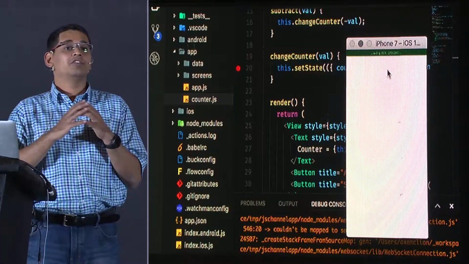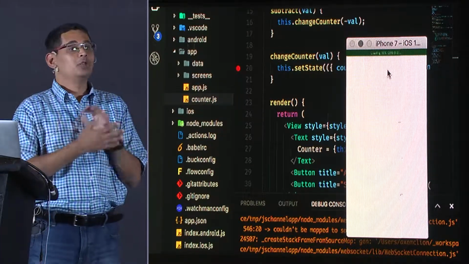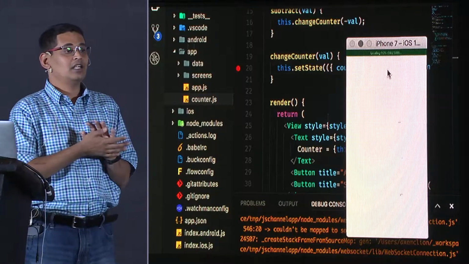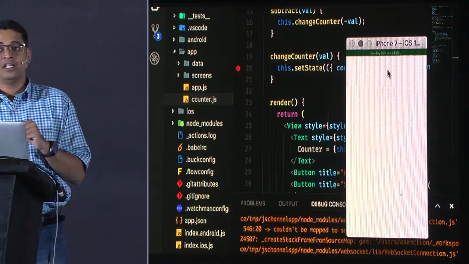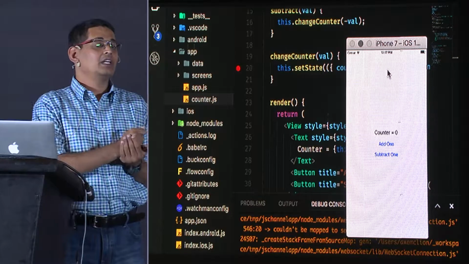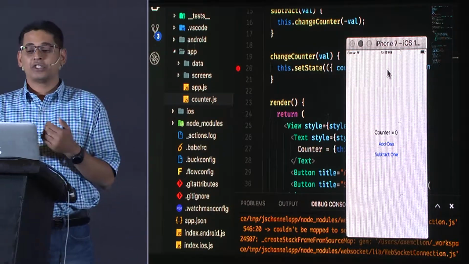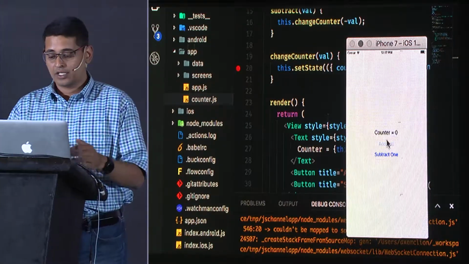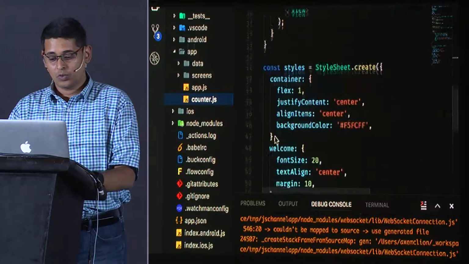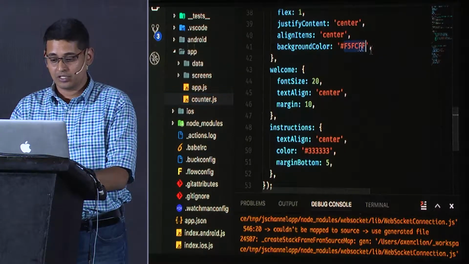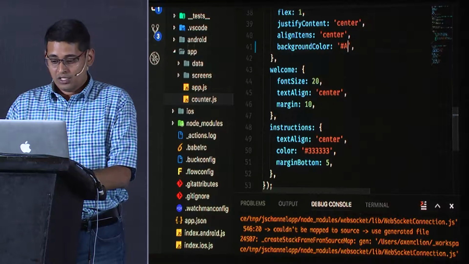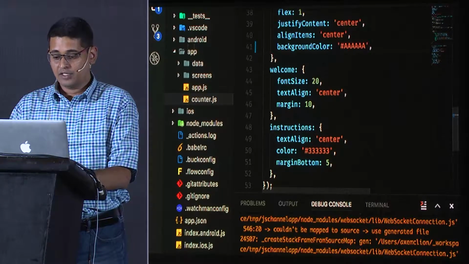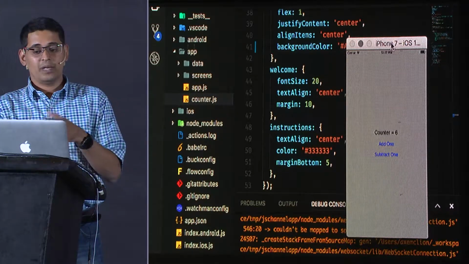But here's what I'm going to be able to do. Without even changing my application, I will be able to change colors and styles and all of that without having to reset my state. And that's something that's super unique to React Native, primarily because it's written on the JavaScript stack trace. So I can do this. And if I go a little bit downstairs and say my background color needs to be, save it. Did you see the background color actually change?